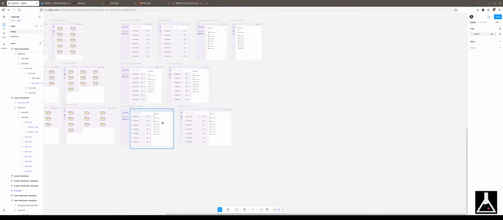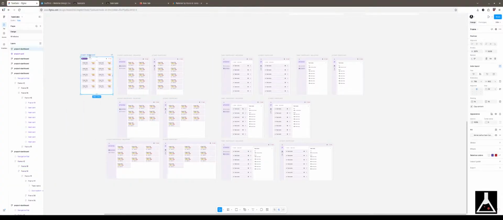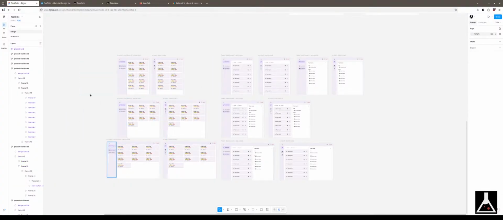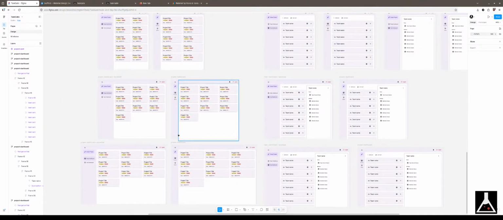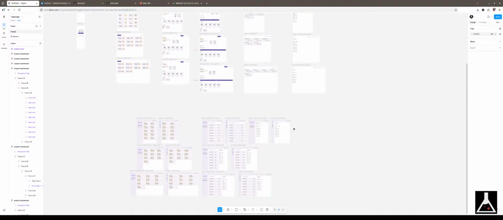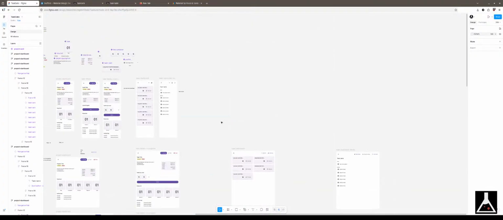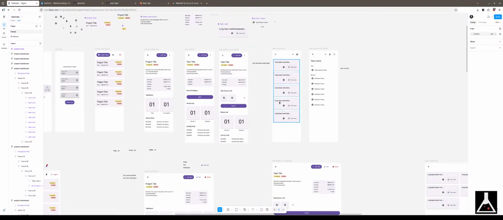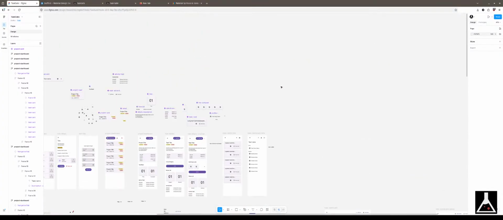Alright, now we have the themes, we have the projects here. Delete this. And then projects, the themes. Now we need the project detail and the to-dos. But before that, let's update the screen here,